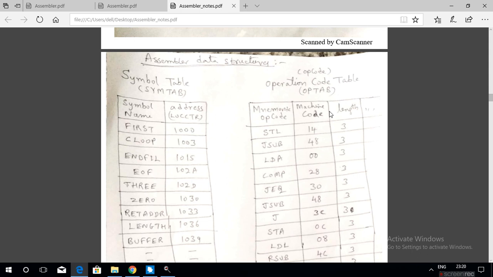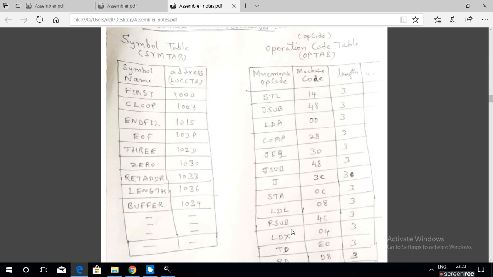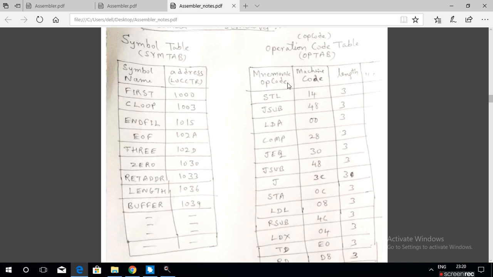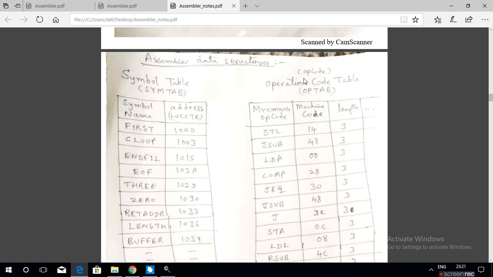Next, the machine operation code table. This is a static table that is already created. The assembler, during pass 2 normally, and sometimes in pass 1 also, will make use of this table. I said that these are all called mnemonic opcodes.